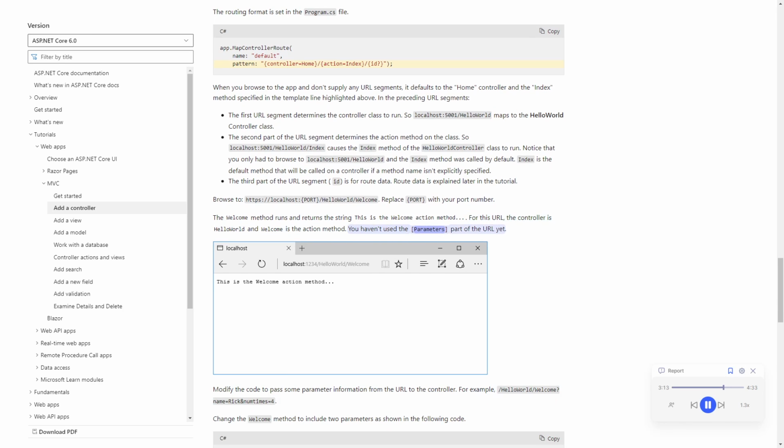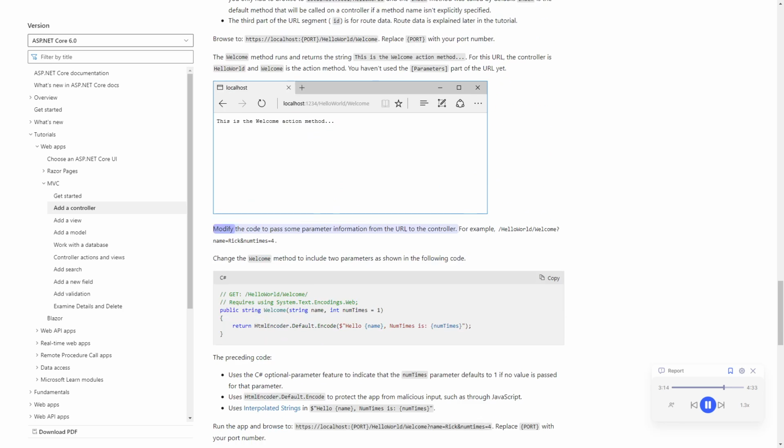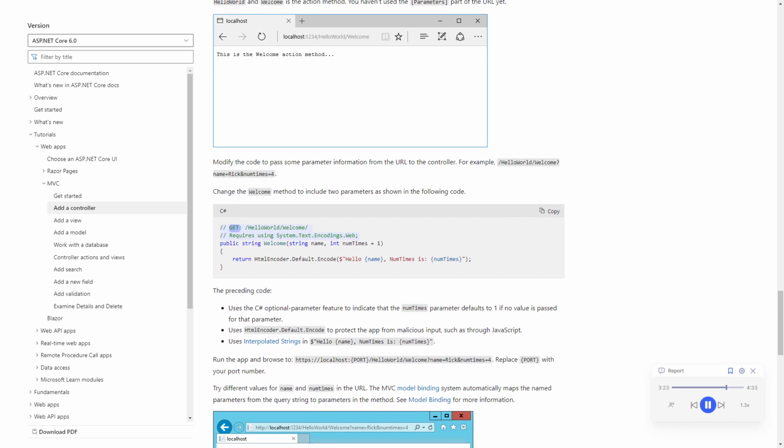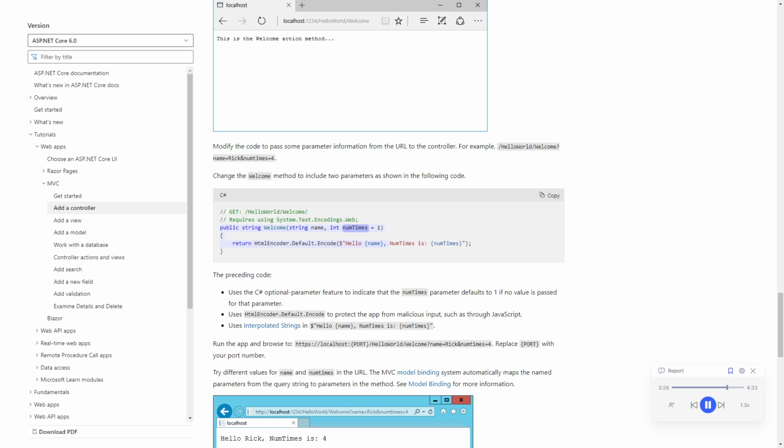You haven't used the parameters part of the URL yet. Modify the code to pass some parameter information from the URL to the controller. For example, /HelloWorld/Welcome?name=Rick&numTimes=4. Change the Welcome method to include two parameters as shown in the following code. C#. // GET: /HelloWorld/Welcome/ // Requires using System.Text.Encodings.Web;